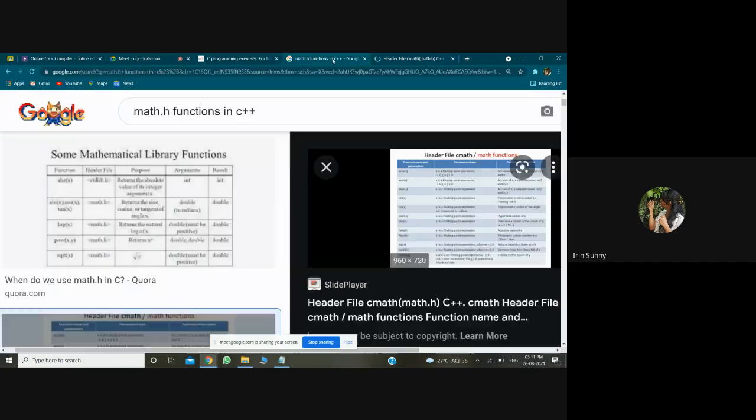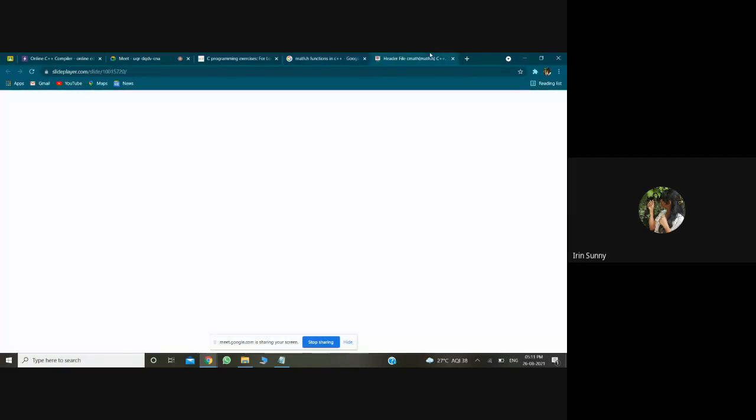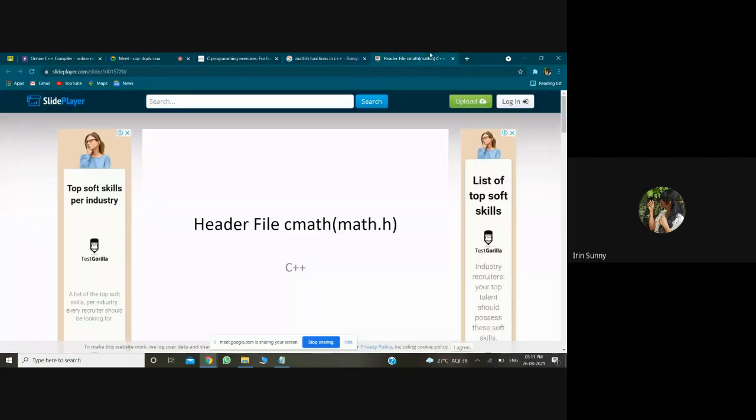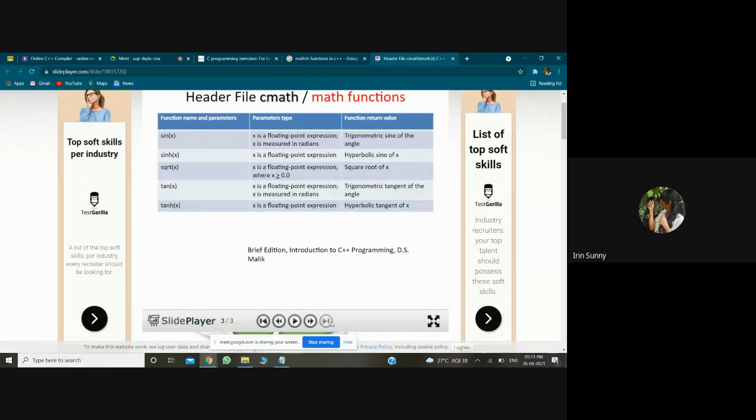So in the math.h header file, we have cos x, sin x, exponents raised to x, the float function, log x. Instead of that log x position, we just have to write whatever variables we want. We have square root of x to find the square root. See, sin x, sinh x, square root of x. If we write square root of 49, you get the answer 7.